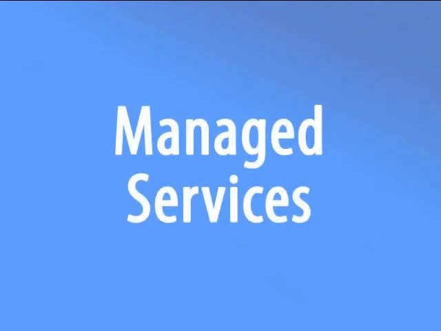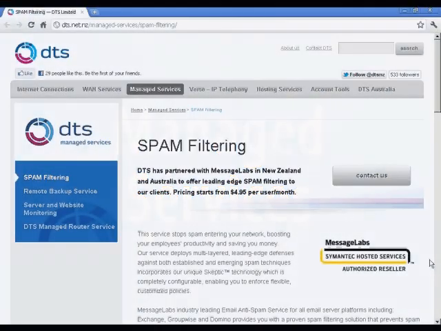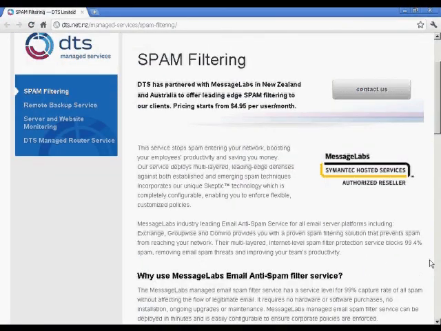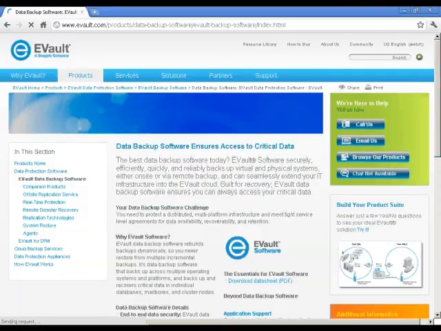And last but not least, managed services is a cloud service level where an information technology service provider takes on the basic management and maintenance of a dedicated system. This can include spam filtering, data backup and retrieval,